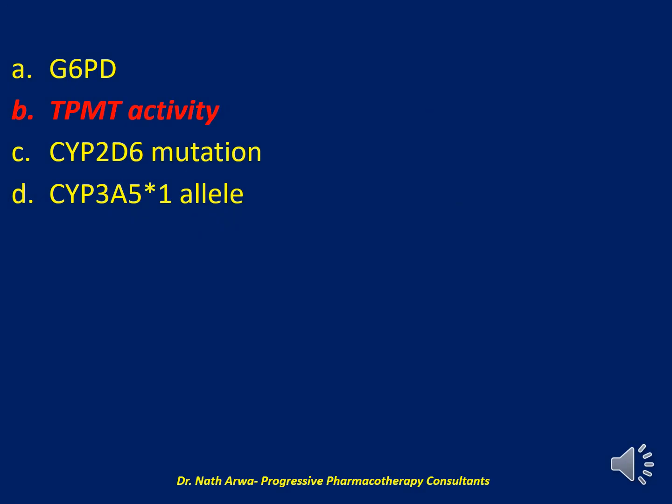So B is the correct answer. It is the TPMT activity test, where that abbreviation stands for thiopurine methyltransferase activity. TPMT stands for thiopurine methyltransferase. Now, genetic polymorphisms affect thiopurine methyltransferase activity, and several studies indicate that patients with reduced TPMT activity are at a higher risk for severe myelosuppression, and